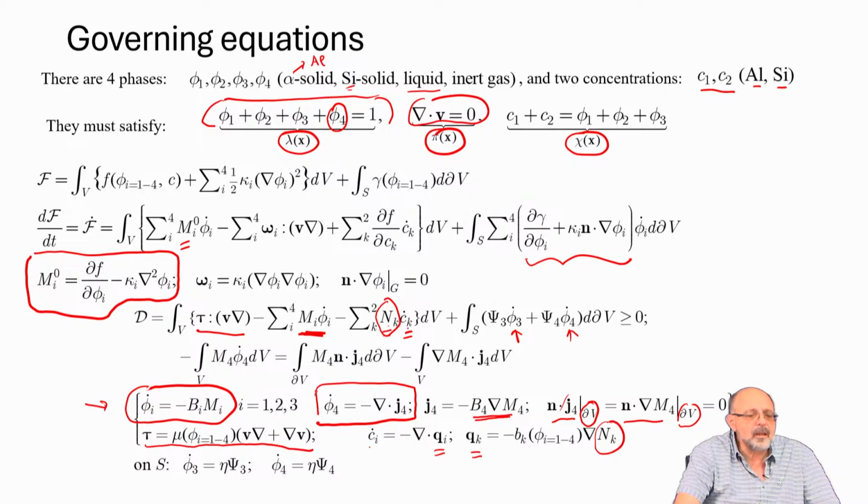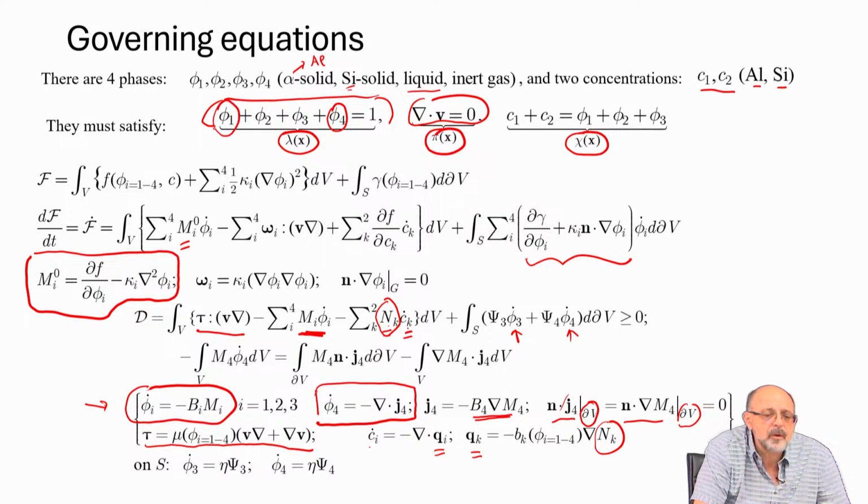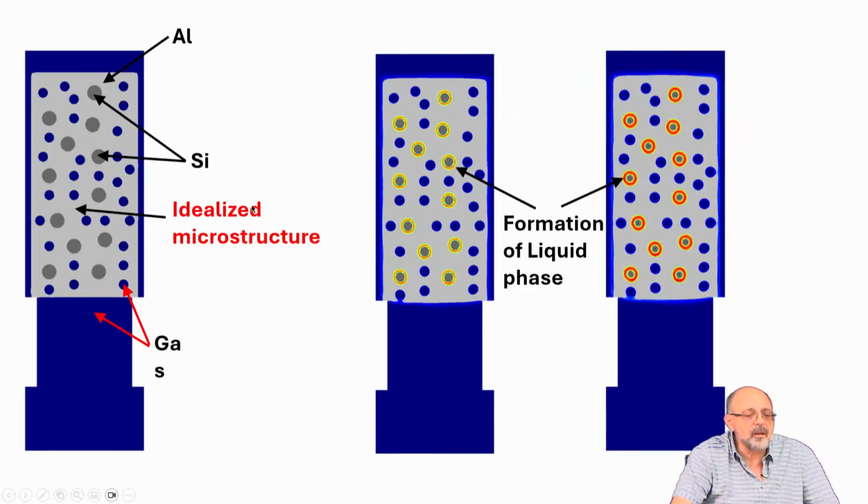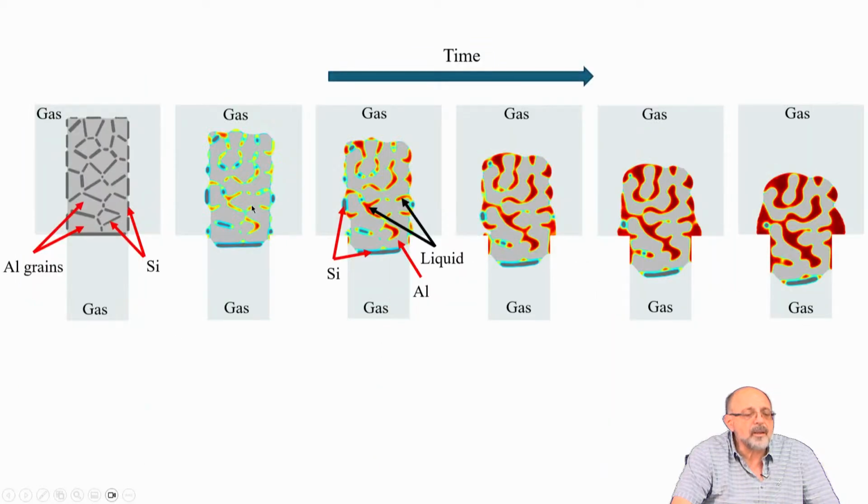So in real simulations, there will be many variables phi1 and many variables phi2. Each grain would have its own phase, so we'll have variables phi1,1, phi1,2, and so on, and here phi2,1, phi2,2. But we start first in a simple way,